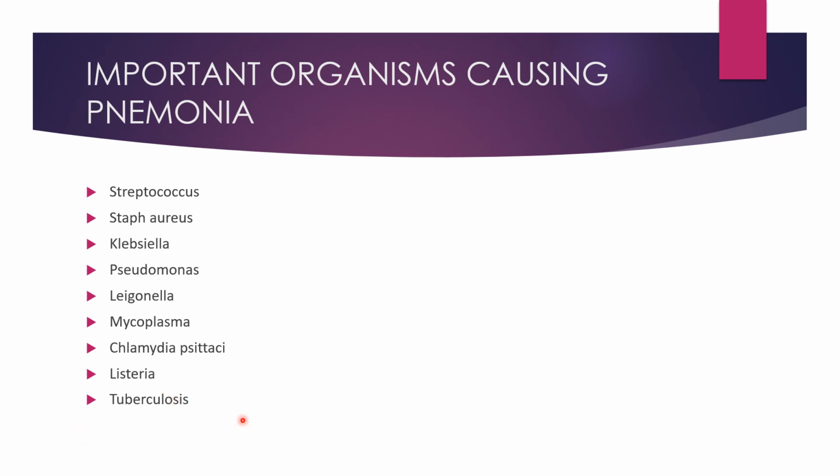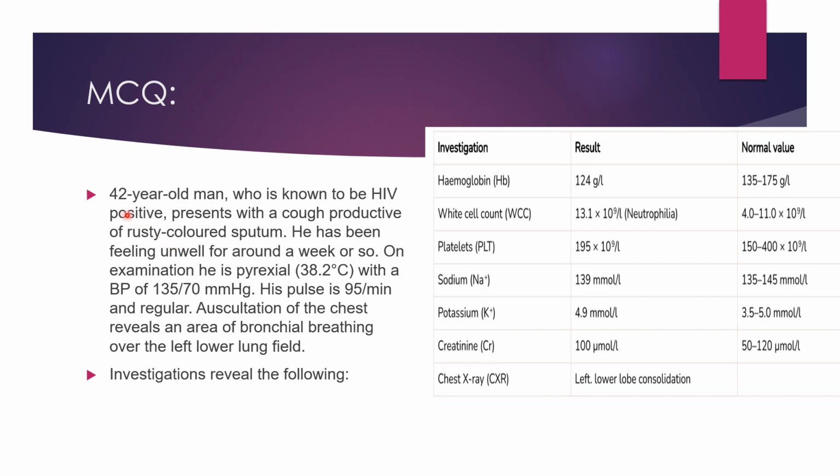Tuberculosis is very vast, and we can study it later, but these organisms and some of the classical features of these organisms are important because these features come in the exam and the question, and they expect you to diagnose the organism. So I'll tell you such features which are very important to diagnose the cause of pneumonia, and these are very frequently expected MCQs. So going to the first MCQ, see, the 42-year-old man who is known to be HIV positive